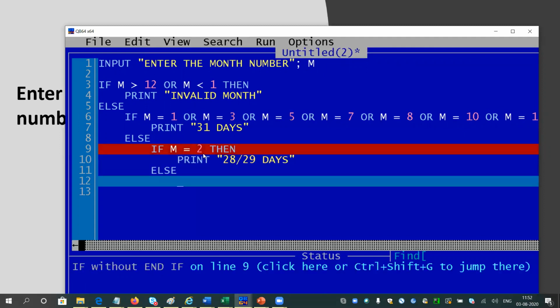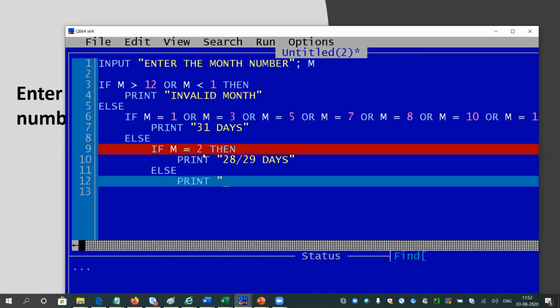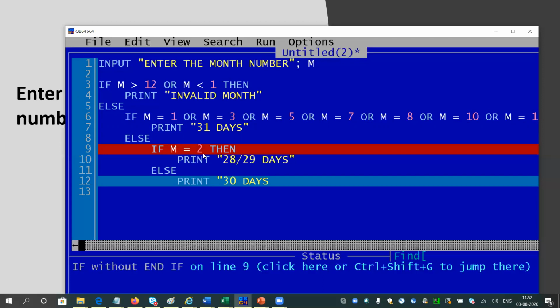Else, m is not greater than 12 or less than 1, m is not 1, 3, 5, not holding any of those values. If m is not 2, then it is surely 30 days, because it might be a month like 4, 6, 9, or 11, meaning April, June, November, and September.